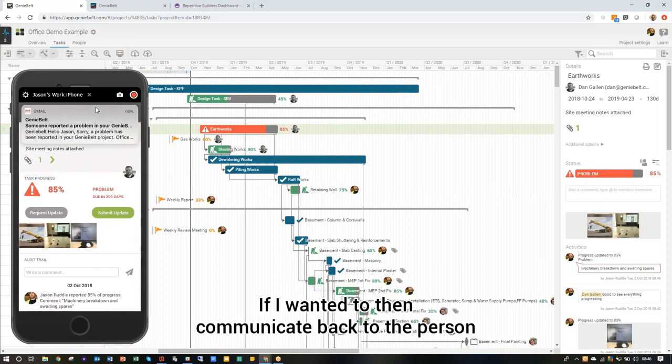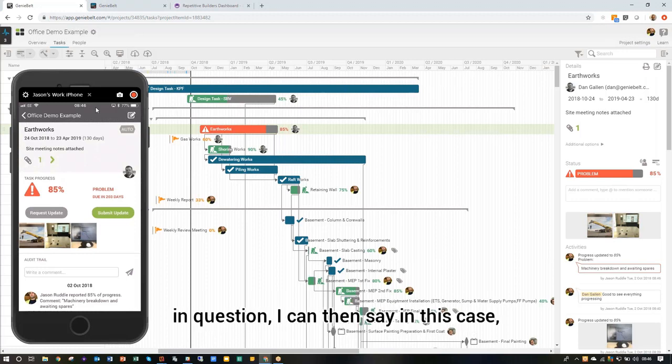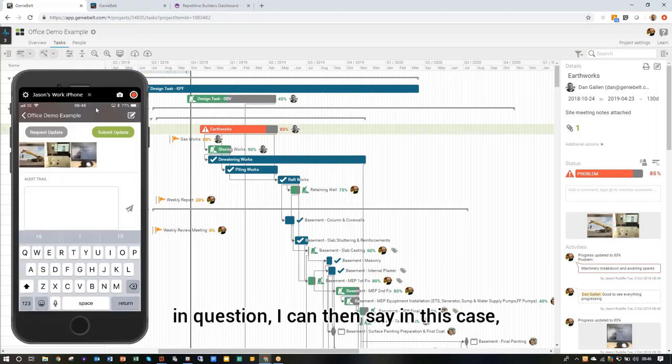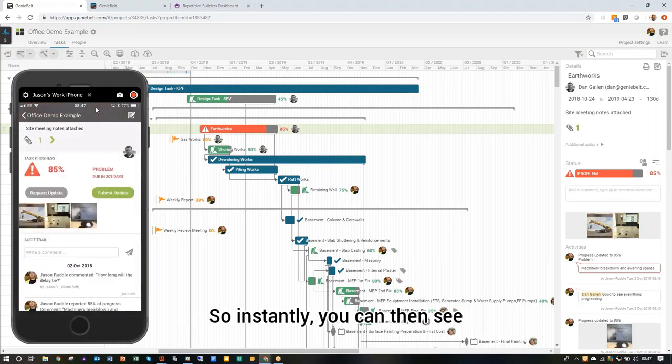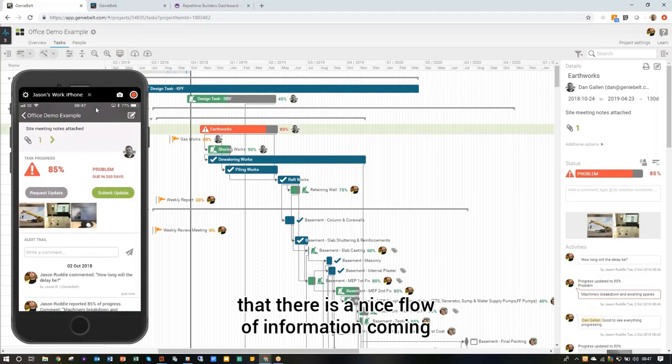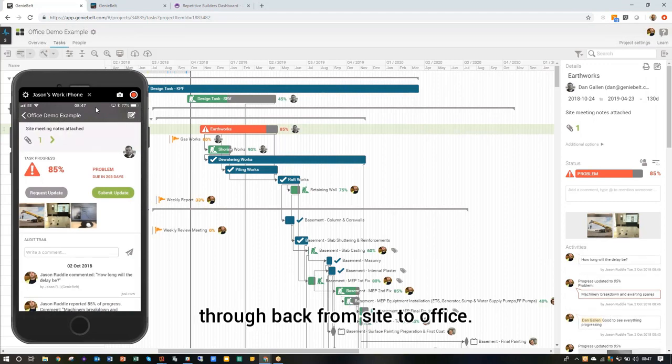If I wanted to then communicate back to the person in question, I can say, in this case, how long will the delay be? I just ask that question to keep the dialogue going. So instantly you can see that there is a nice flow of information coming back from site